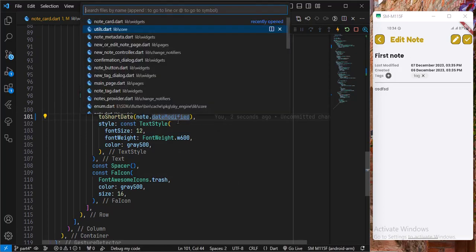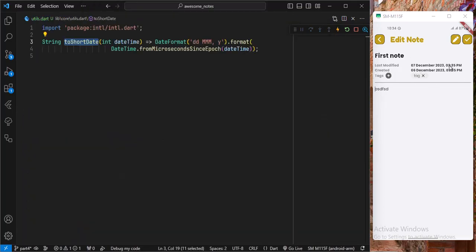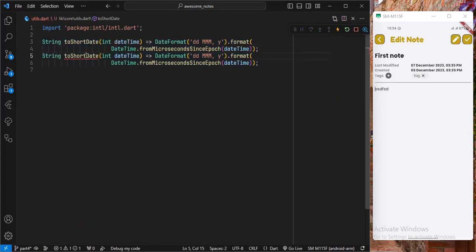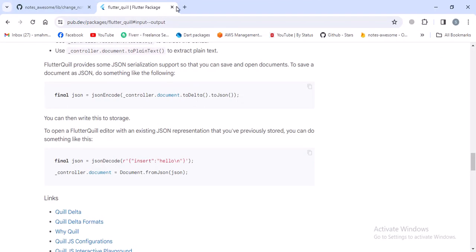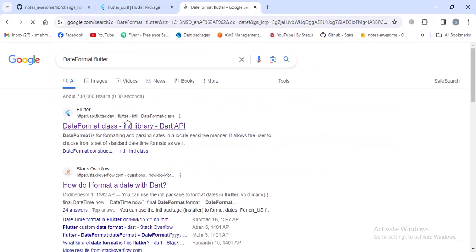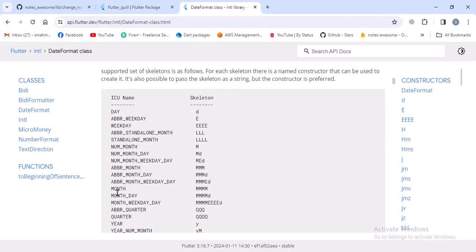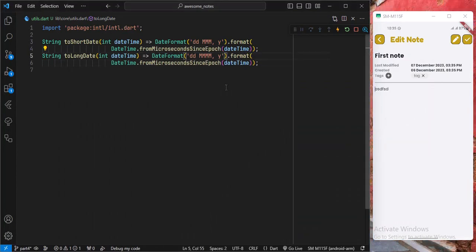And the same thing I want to create for this date representation. So I'll just copy this and then name it toLongDate. And again, we use the 2-digit day, so DD is fine, and then a full name month. So how is that represented? We'll go to the date format documentation, and in here, as we can see, the month is represented by 4 M's. So I'll say MMMM, and then the year, so I'll remove the comma, and then I'll use a comma,